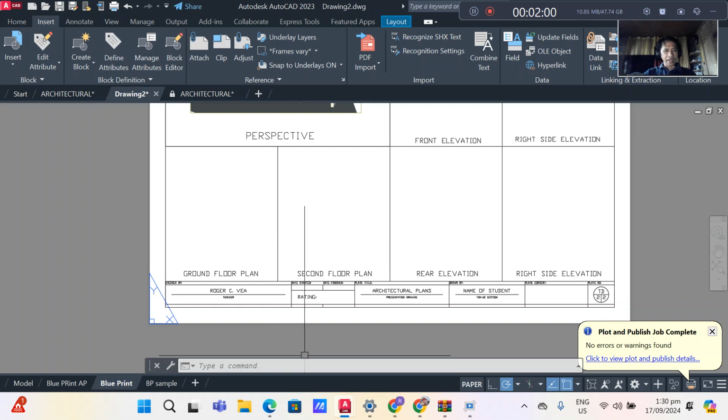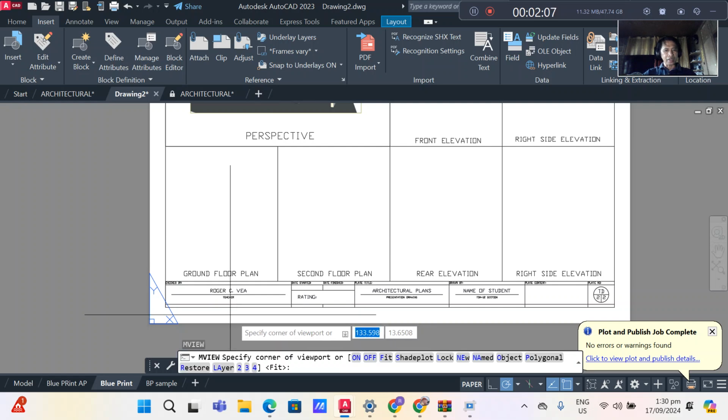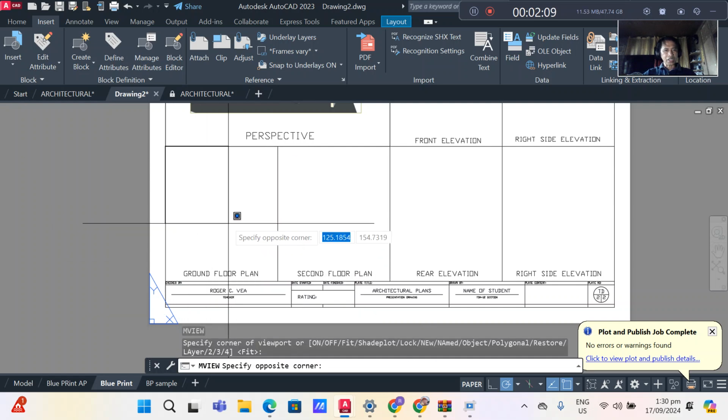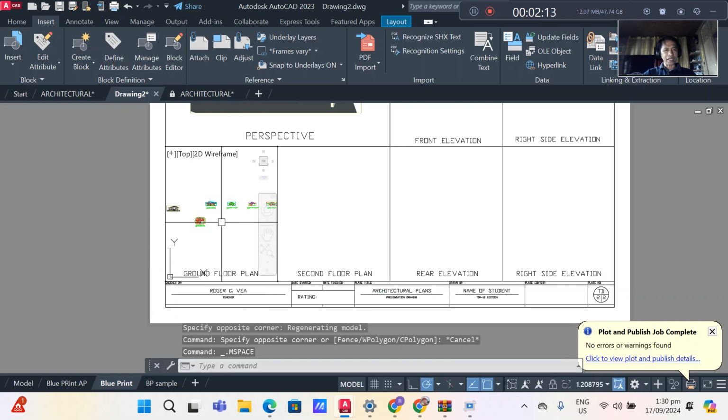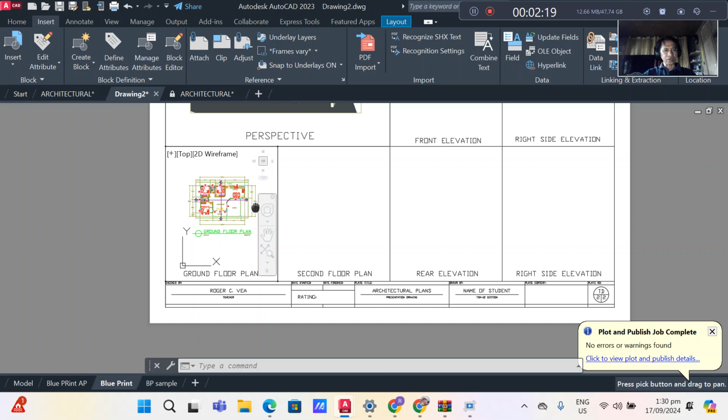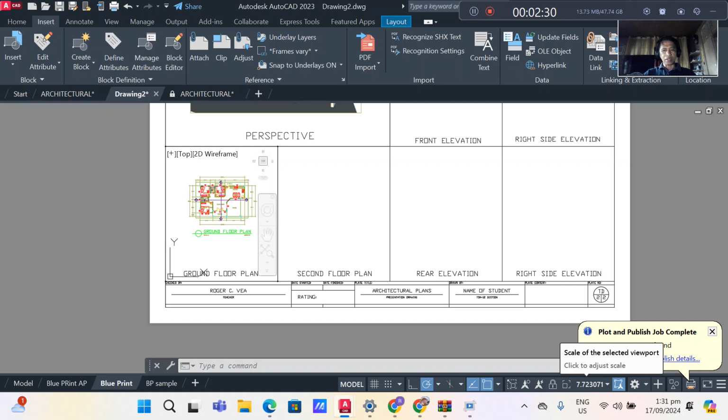So again, I type MView, then the corners here, these are the corners, then double click inside, then look for the ground plan.